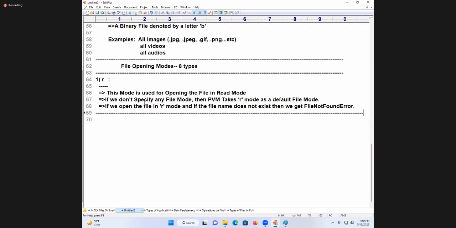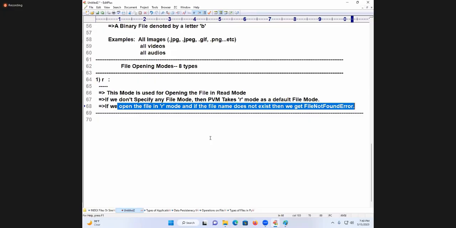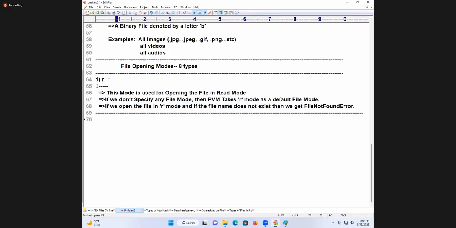Then we get what error? File not found error. Are you able to get it? If we open the file in R mode and if the file name does not exist, we get which error? File not found error. This is related to what mode? R mode. Clarity is there?